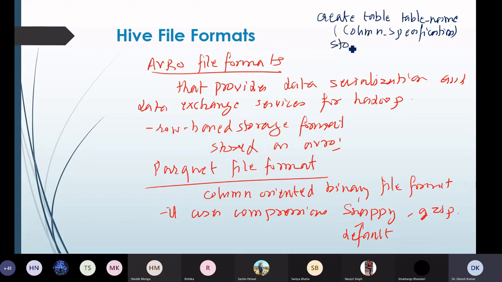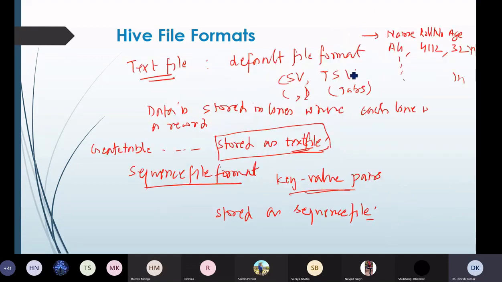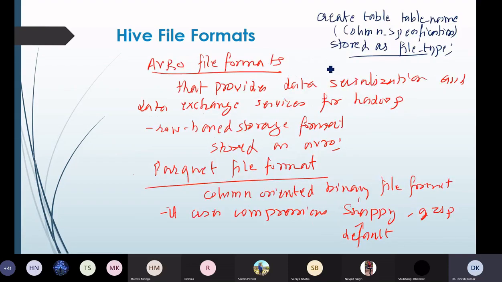Then we have to use the keywords stored as file_type. We have to use this while using different file formats. If you don't write this, by default it will take text file as the file format. If you want to change to any of these, then you have to specify the type of the file format.